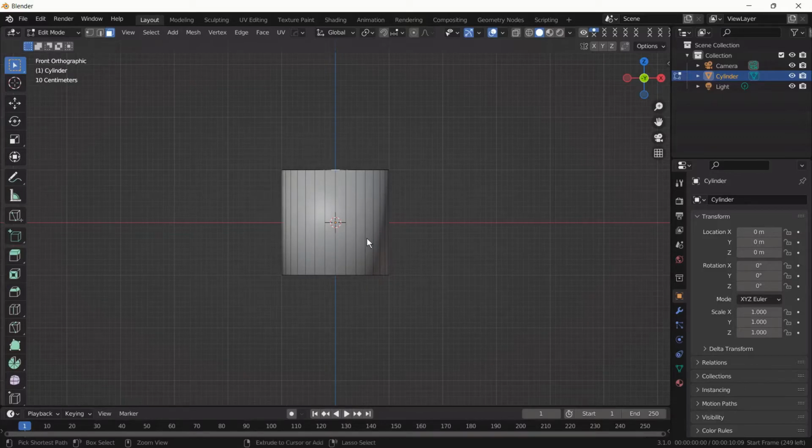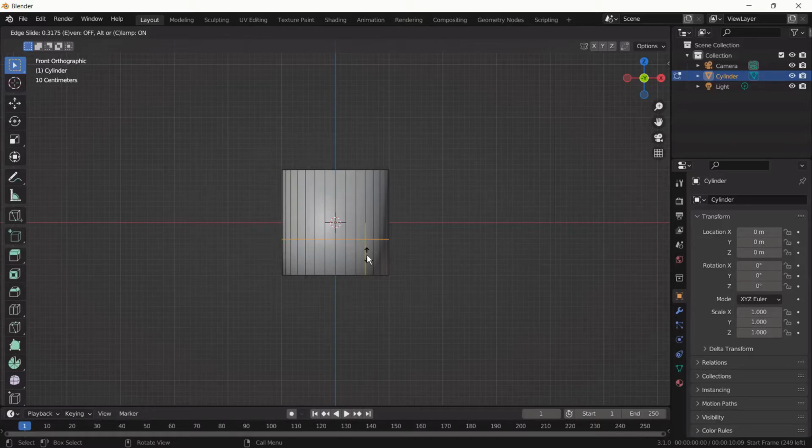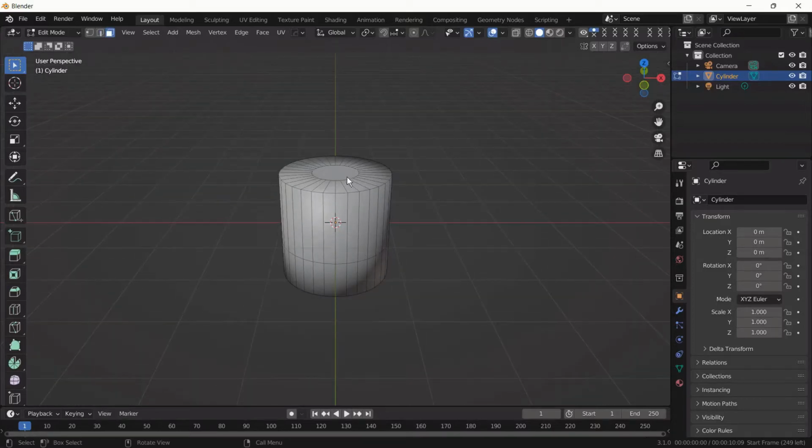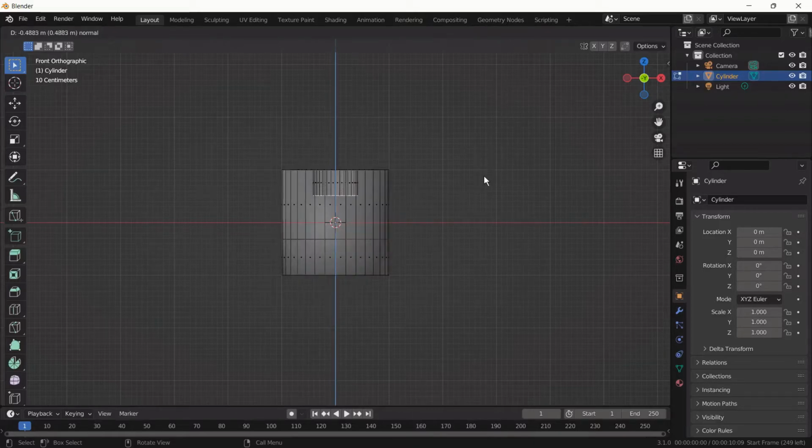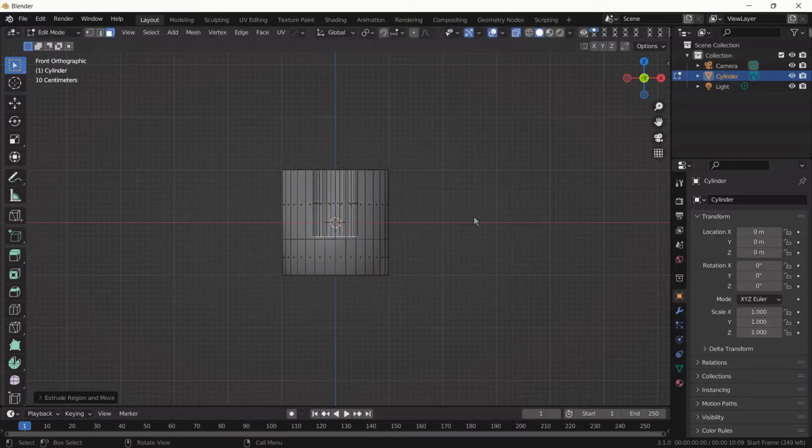First we switch to X-ray mode, and also we will apply a loop cut, because if you don't do that, you cannot create the segments. Now we extrude the center face. We switch to X-ray mode. Yes. Also we are gonna apply one more loop cut for the segments